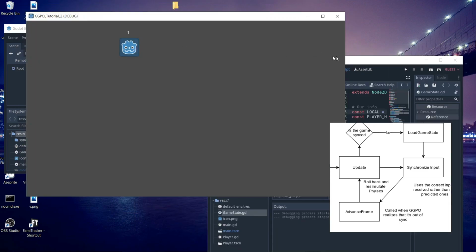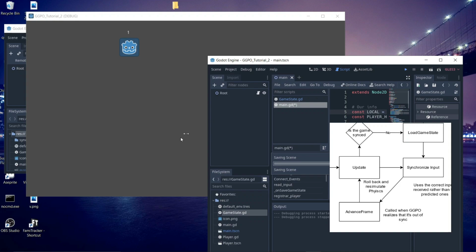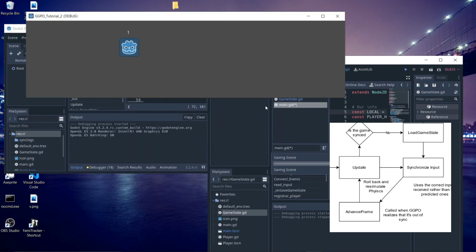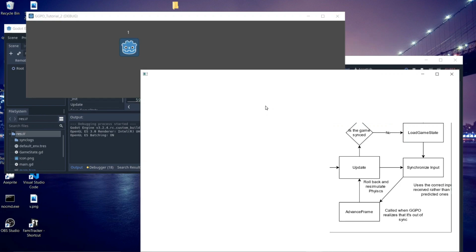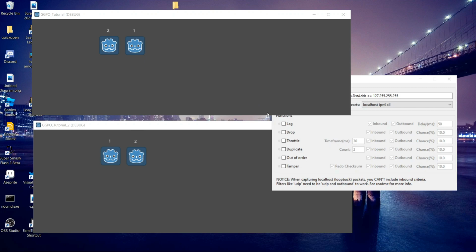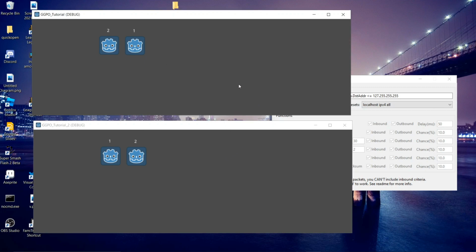So we got player 1 here, and then I'm going to load in player 2. Make this a bit smaller, and wait for this one to load. I'm going to take this off the screen again. Okay, so we have both projects up and running, and you can see that they connect